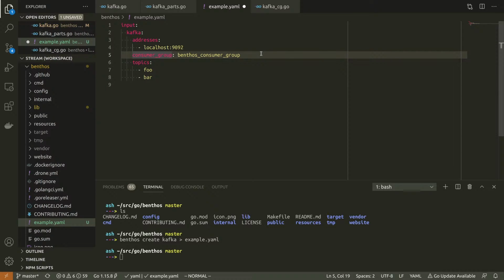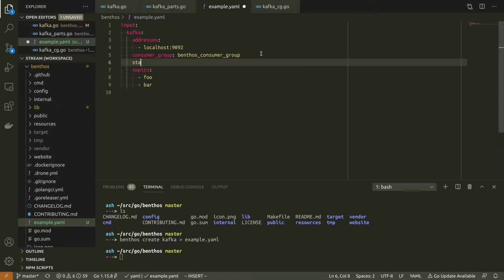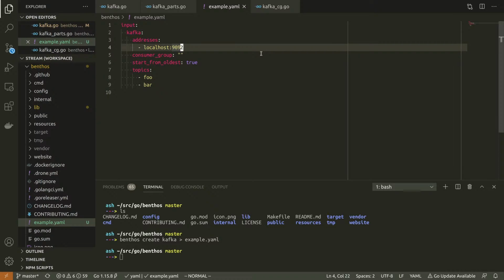And what I want to do is, I don't want to use a stored offset. I want to start from oldest, so I want the earliest offset for these topics. What I'm going to force users to do is explicitly set the consumer group to empty, otherwise...